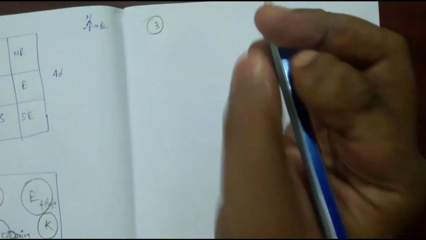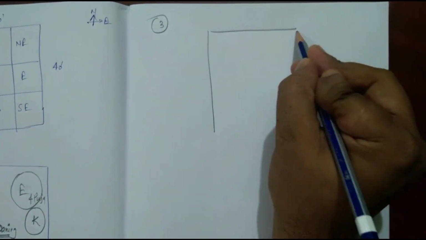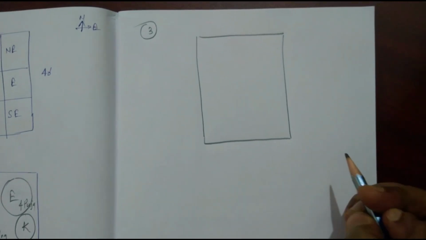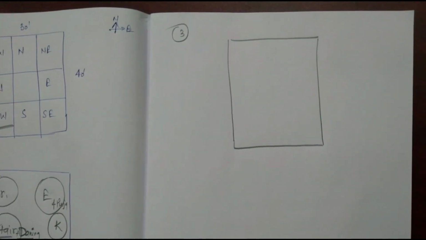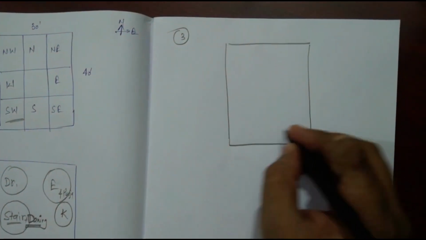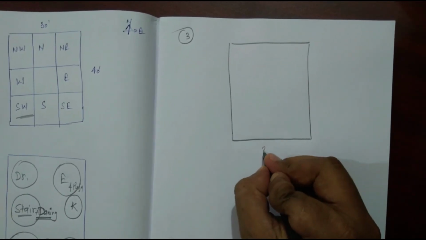So the next step is the same. We have to draw the rectangle first, and now we'll place our components as per our bubble diagram. That is our earliest step. While making these plans we need to exclude the sizes of the walls. As you know, the external wall is 10 inches along with plaster, and the internal wall is 5 inches along with plaster.